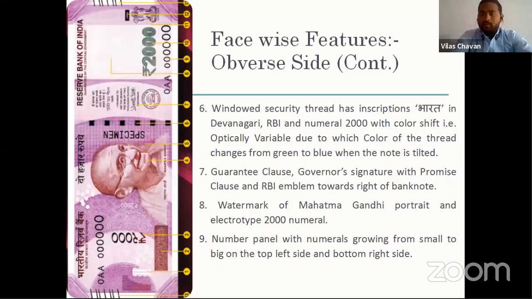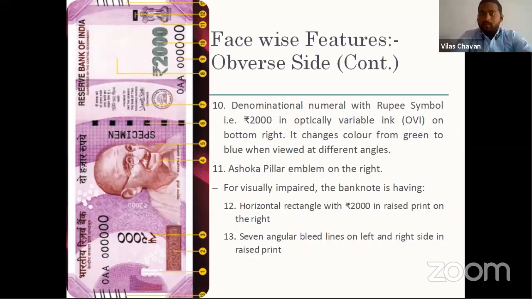Then comes the watermark and electrotype watermark of 2000 numerals. Then comes the number panel with numerals growing on the top left side and right side. Then comes the denominational numeral with rupee symbol, that is 2000 in variable ink on the bottom right, and it changes color from green to blue when viewed at different angles. Then you can also see the Ashoka pillar emblem on the right, and